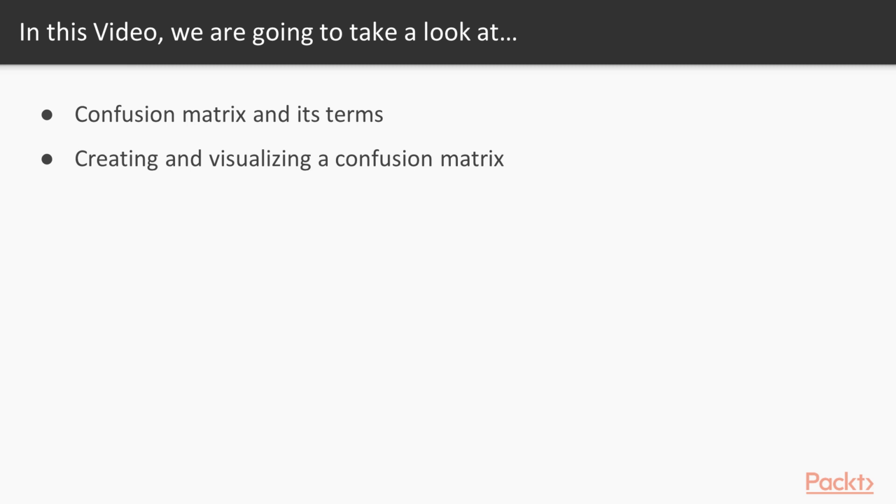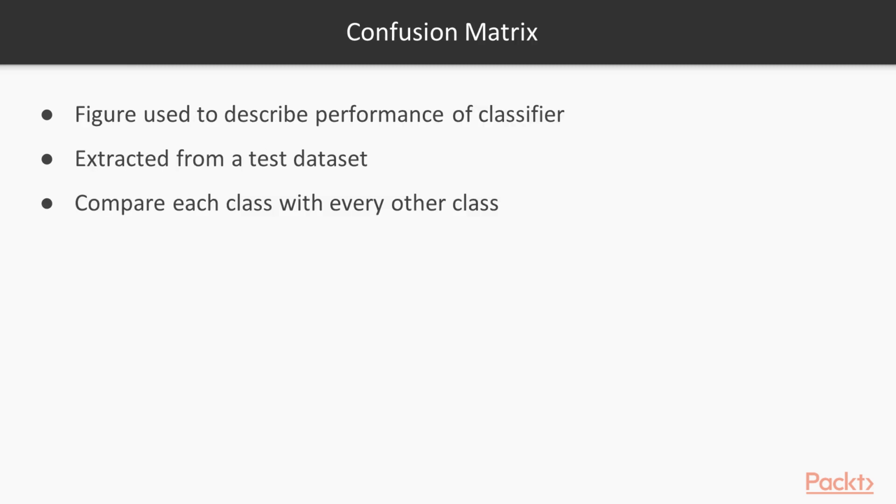matrix. A confusion matrix is a figure or a table that is used to describe the performances of a classifier. It is usually extracted from a test dataset for which the ground truth is known. We compare each class with every other class and see how many samples are misclassified. During the construction of this table, we actually come across several key metrics that are very important in the field